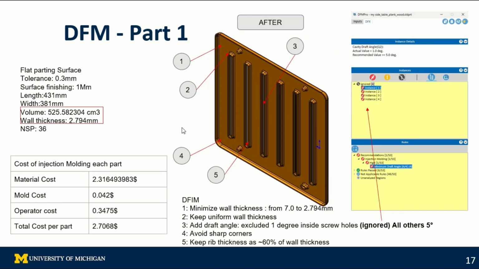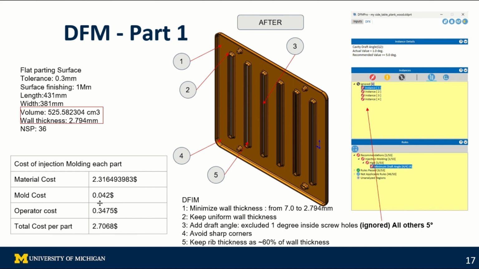The redesign of the part consists of minimizing the wall thickness from 7 to 2.7 millimeters, keeping the minimum wall thickness, adding some missing draft angles, and avoiding some sharp corners, and also keeping the rib thickness under the estimated. So then we have a volume reduction to around 500 cubic centimeters for a material cost of